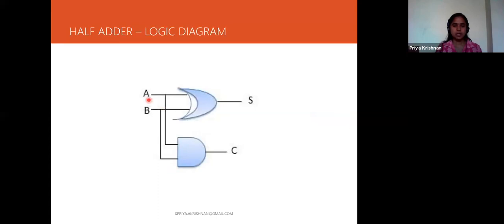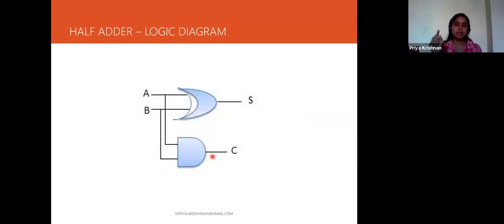So what is my input? A and B are the input for the XOR gate. If I give A and B to XOR, what output will I get? I'll get sum as the output. If I give the same A and B to the AND gate, what output will I get? Here I'll get carry as my output.